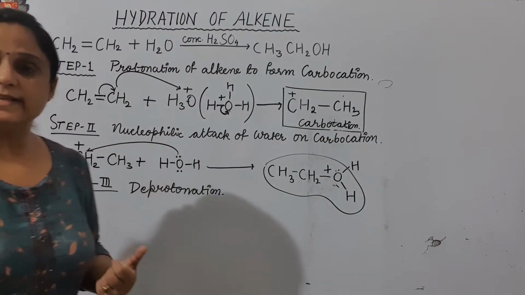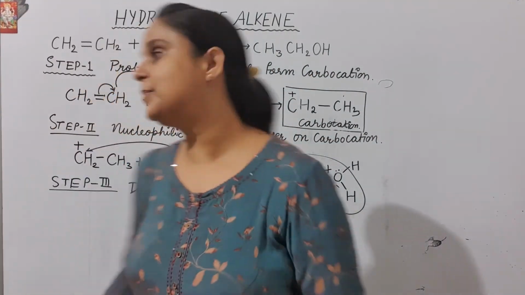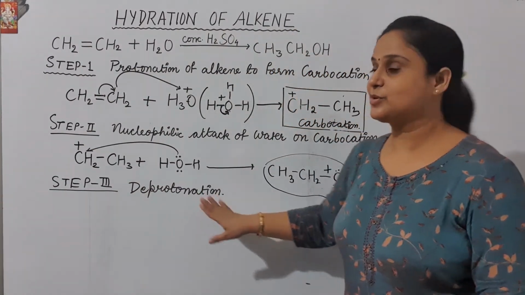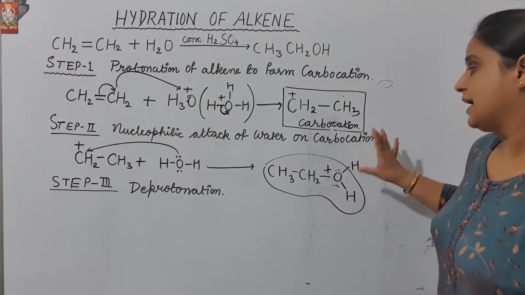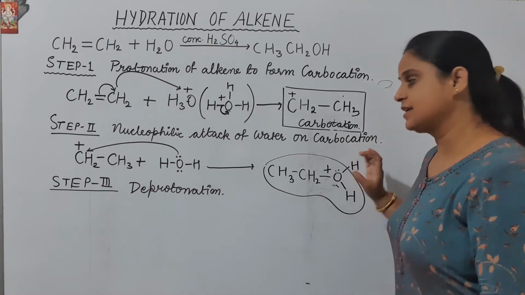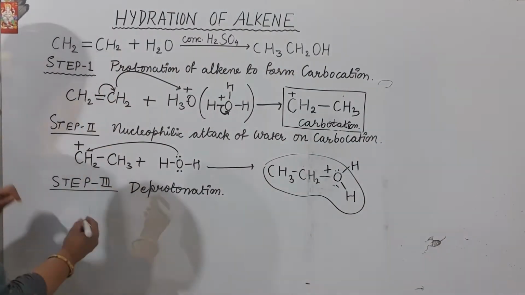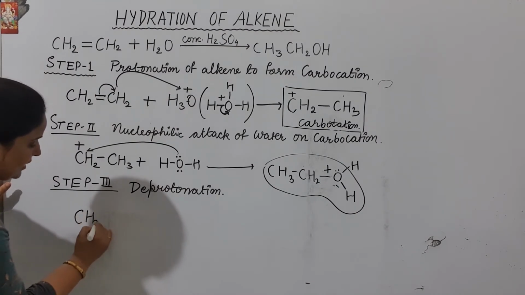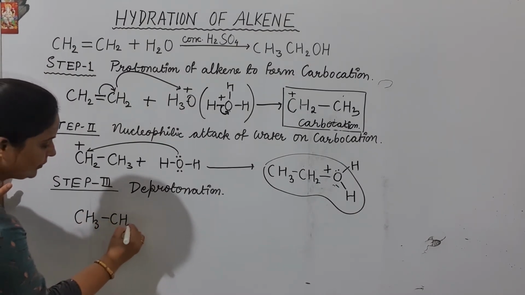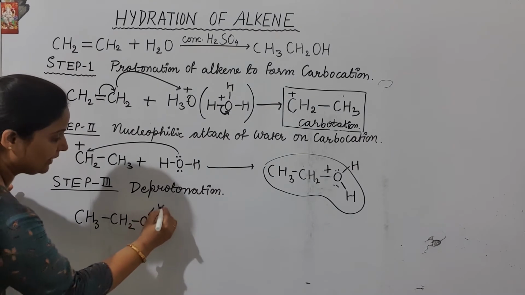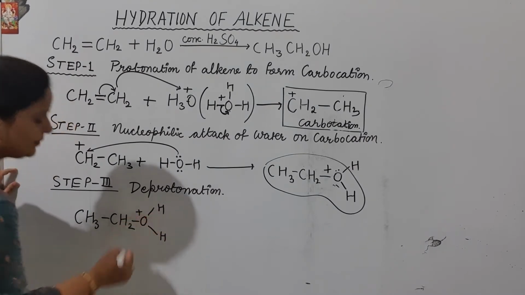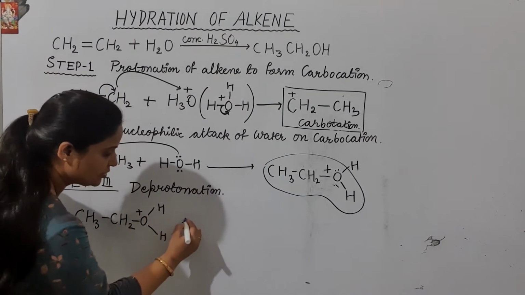So the final step and the third step is deprotonation. Deprotonation, because we have this protonated alcohol and ultimately this H plus ion is going to be removed from the molecule. Let's see how it happens. So I am making here CH3, CH2, O, H and H. Okay, in the presence of water, so I am making here